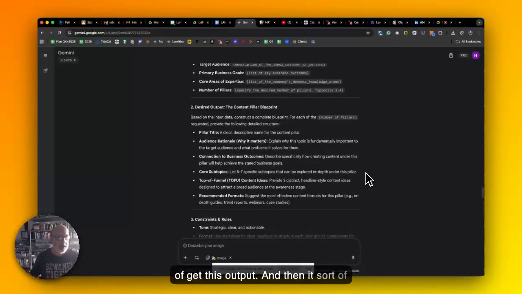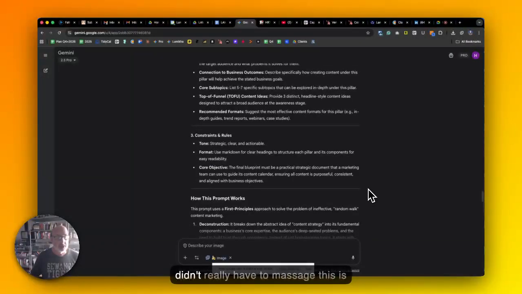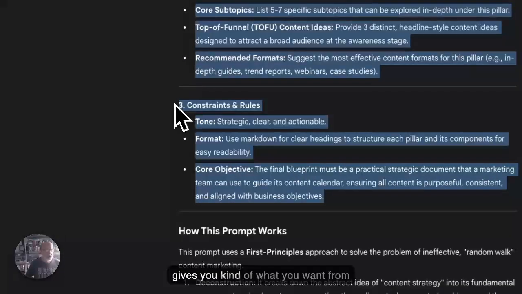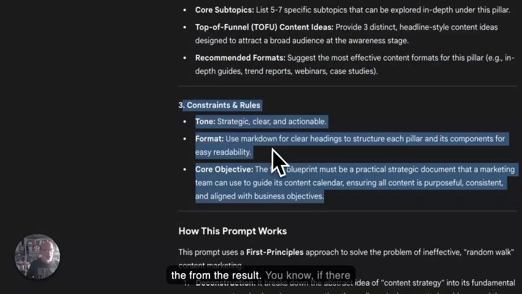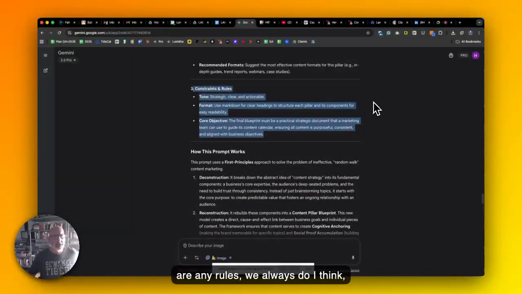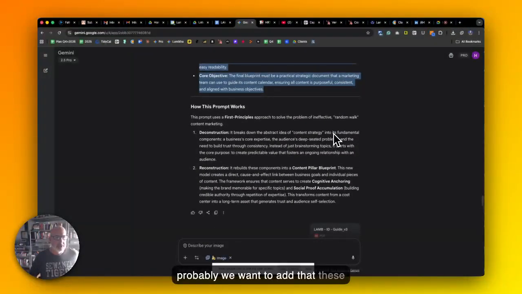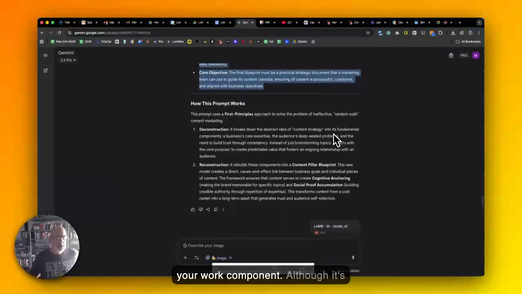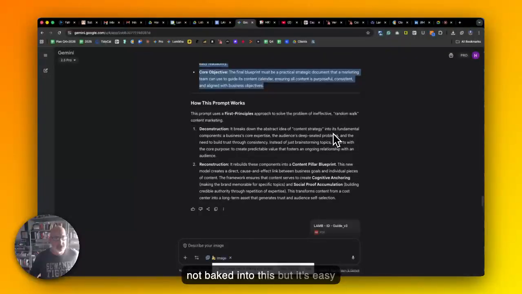It constructs this output model, which is pretty comprehensive. I didn't really have to massage it. This is what I got back, and I just felt like it's fine. And then it gives you what you want from the result. If there are any rules, we always do. I think we probably want to add that these have a check-your-work component. Although it's not baked into this, it's easy enough to splice that into